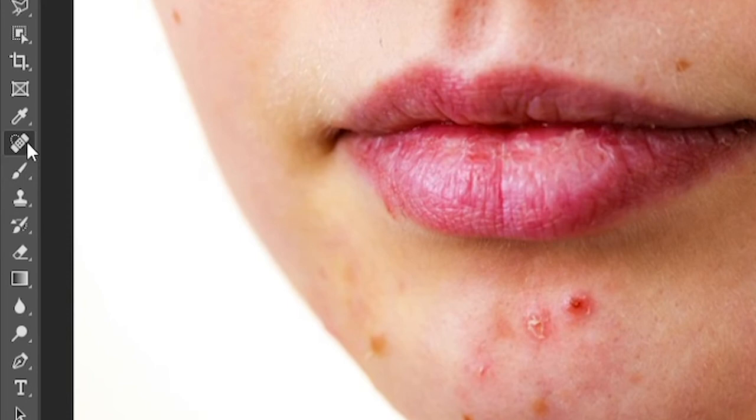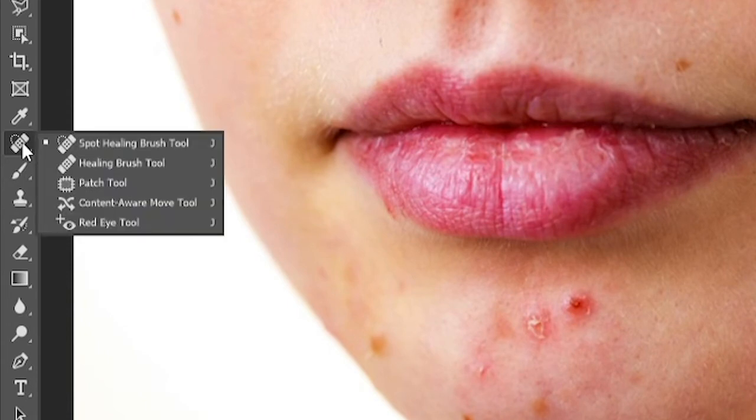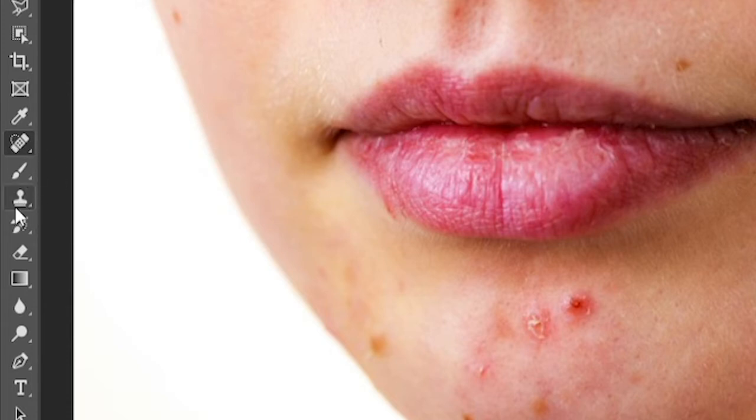And inside the healing brush tool, we have 5 branches, including spot healing brush tool and etc. But the 3 most commonly used for healing blotches are the first three branches: spot healing brush tool, and patch tool. And the second one is stamp tool.